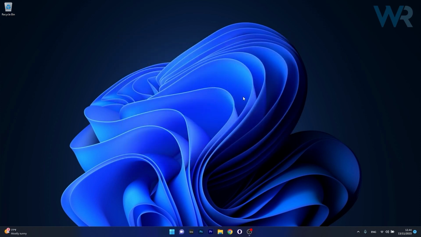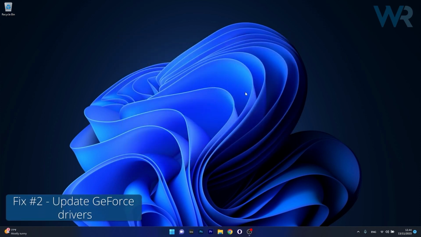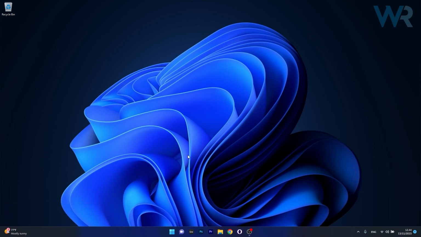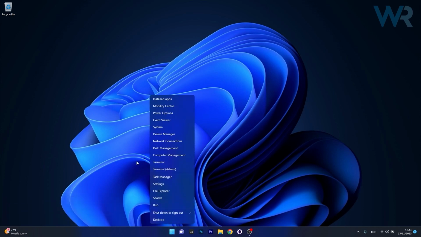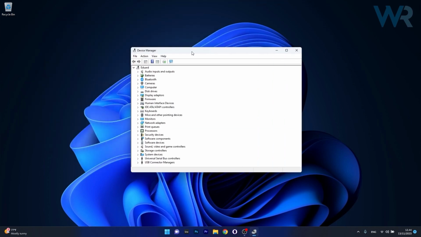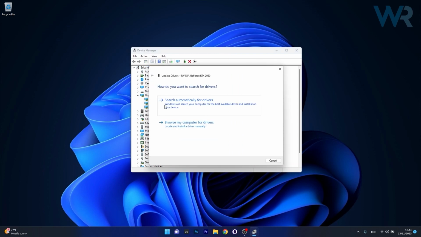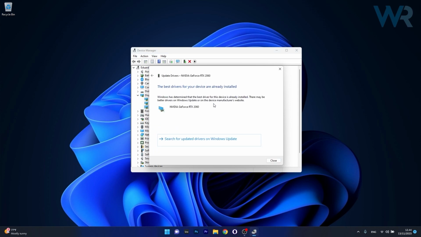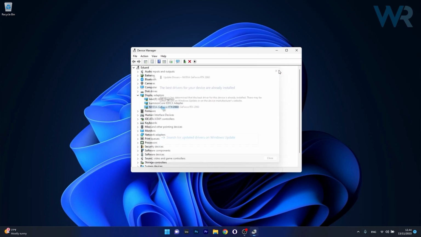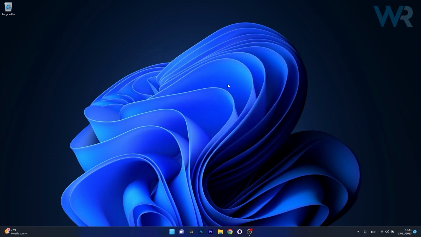Moving on, another useful solution is to update your Geforce drivers. To do this, right-click the Windows button, then select the Device Manager option from the list of options. Now in here in the Device Manager window, make sure to expand Display Adapters, then right-click on your Geforce driver and select the Update Driver option. Now in here just click on Search automatically for drivers and wait until Windows will find the best available drivers for your PC. You can then just close these windows after you finished updating, restart your computer and check if